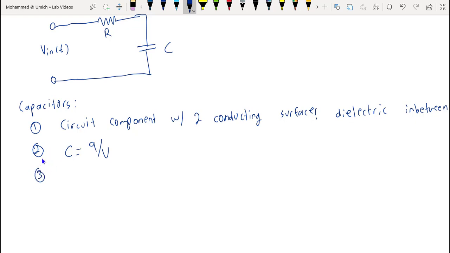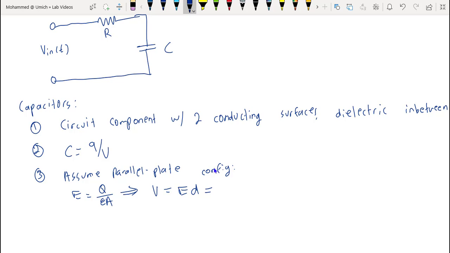3. The value of this capacitance C for any configuration is independent of the electric field in between the capacitor plates. So, if we assume parallel plate configuration, we have that the electric field in between the capacitor equals Q over epsilon times A. And since the electric field is uniform everywhere in between the two plates of the capacitor, the voltage across the capacitor is going to be E times D, where D is the distance between the two plates, which equals QD